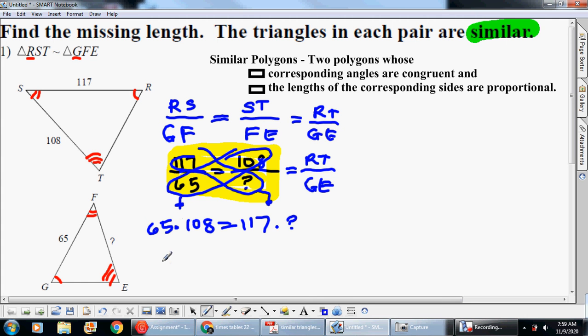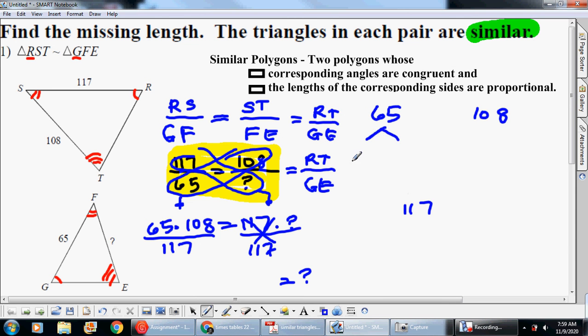Now, if you want to multiply that, you may do so, but you're going to get a very big number. So what I recommend instead of doing that is get the question mark by itself. Divide by 117, do that to the other side. These will cancel. So the answer will be question mark by itself. Now what I recommend is take these numbers, 65, 108, and 117